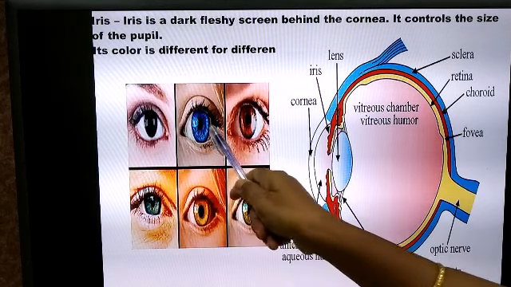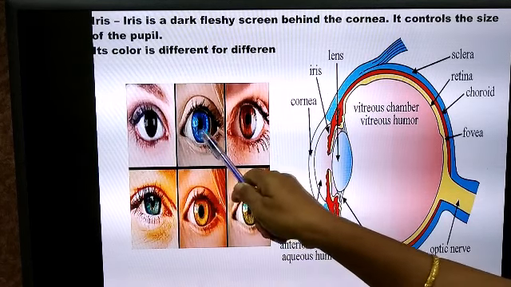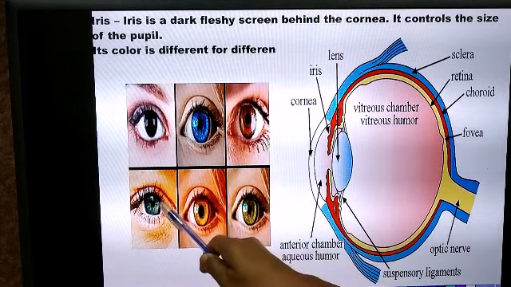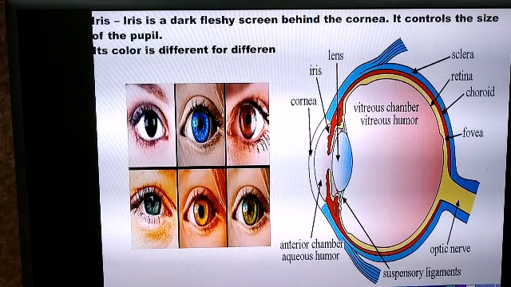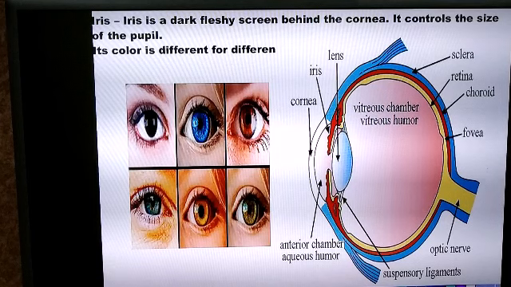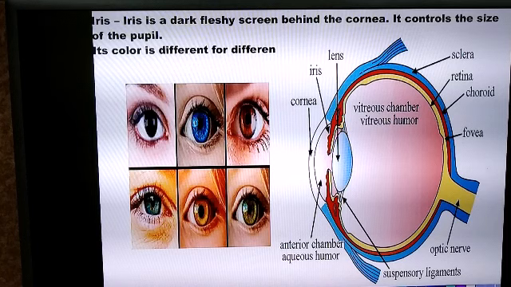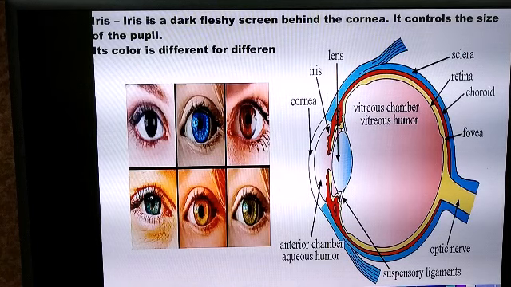For example, you can see this colored part of the eye is called the iris, and this color varies from person to person. Some people have black colored iris, some may have blue, some brown, some grey, some green colored iris, and so on.